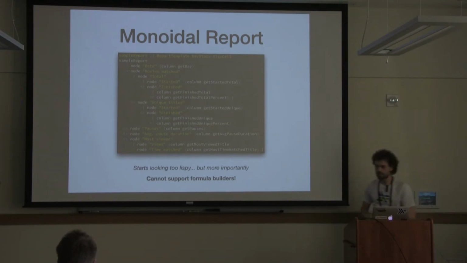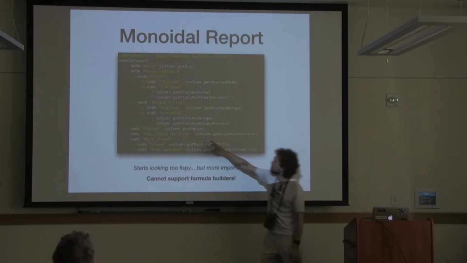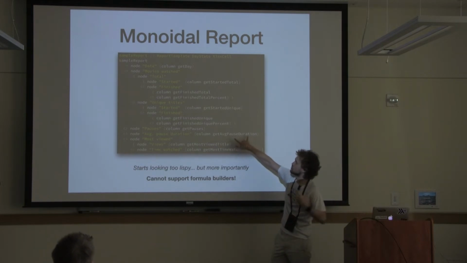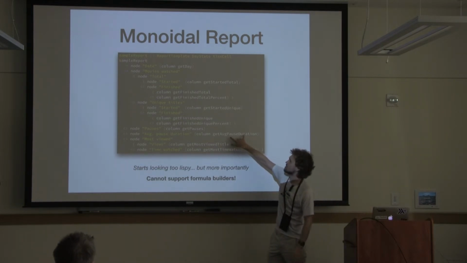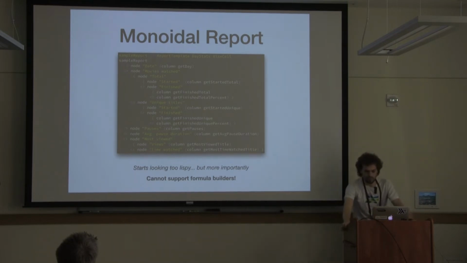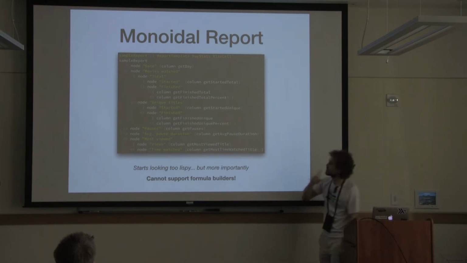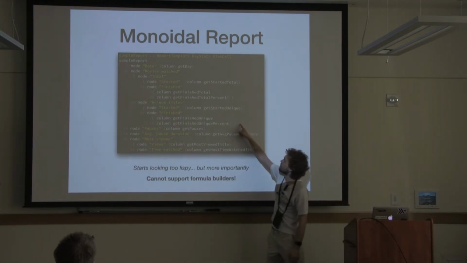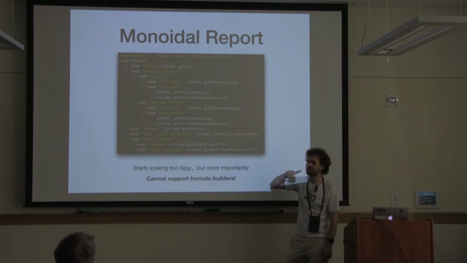Okay, and you can see that for columns I use these functions which I did not introduce obviously, but this is just some function that takes a field or extracts information from day stats. Okay. So this is actually beautiful. I find this beautiful. I don't know if you agree or not, but there are two problems. One problem is that it looks a little bit lispy. I also forgot another closing parenthesis here,